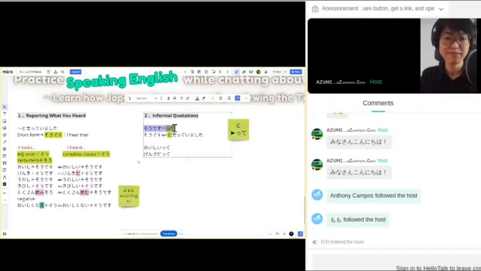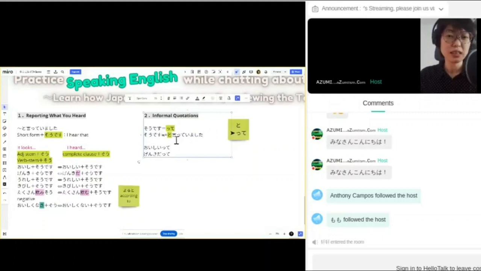So this, if it's formal or polite, you just say, あずみさんのケーキは美味しいそうです. But if you just want to say somebody said that, あずみさんのケーキは美味しいって, then you just end. 美味しいって.